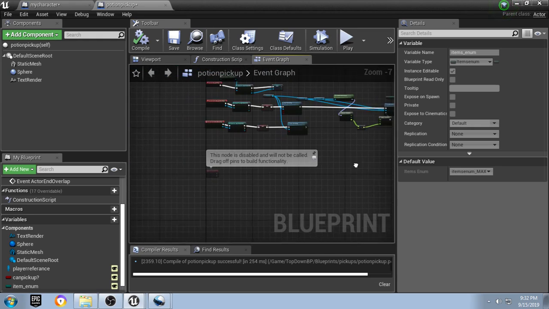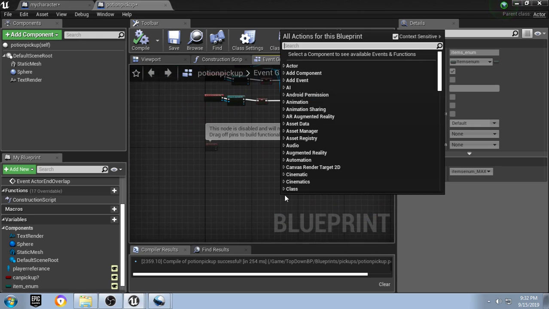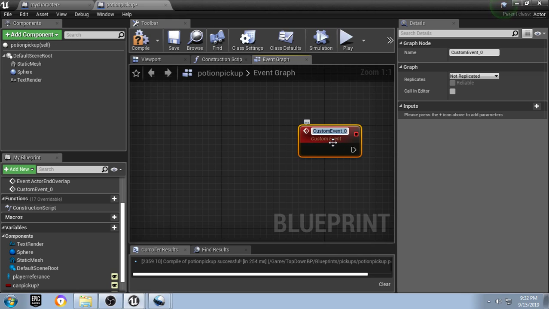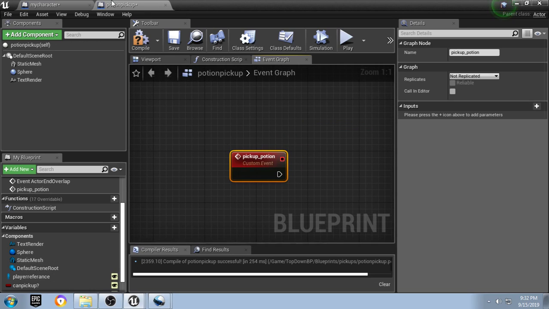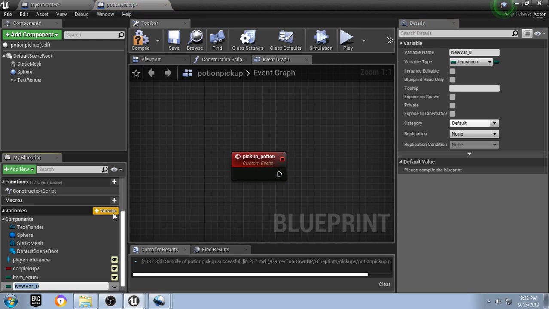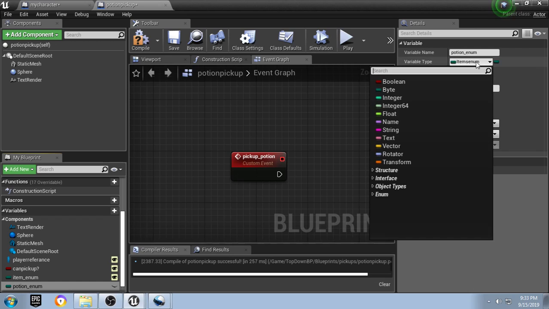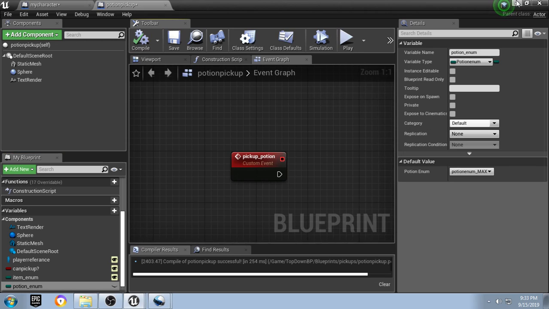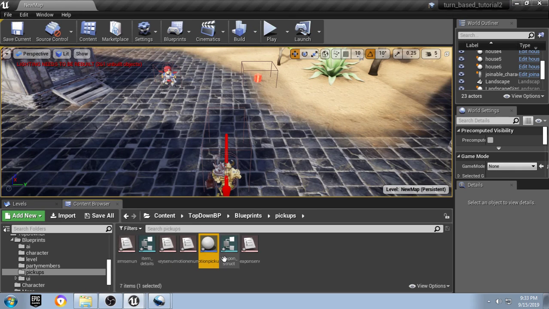and since this is a potion pickup, we might as well do the pickup logic for it. So we'll create a custom event, and we'll call it pickup potion. Then we are going to have to make another variable. We're going to call this potion enum, and we'll make it of type potion enum, and compile,